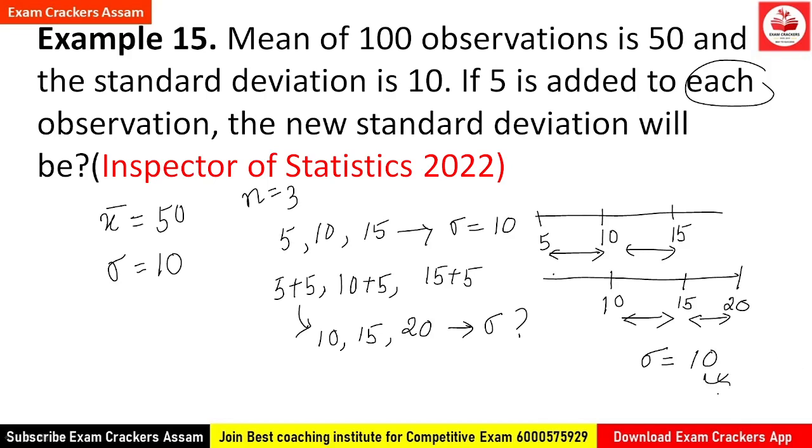The answer is 10. But if you add to only one observation or only two observations, in that case sigma will change. Okay, here, since for each observation you have added the same constant, suppose you add 5 to the first observation and 3 to the second observation, in that case sigma changes. But here the same constant is added to each observation, that's why sigma remains the same. So in this question the answer is 10. You don't need any type of calculation. Okay,